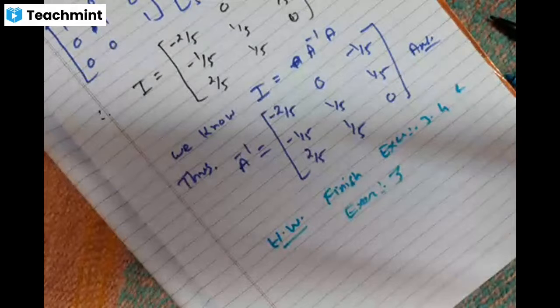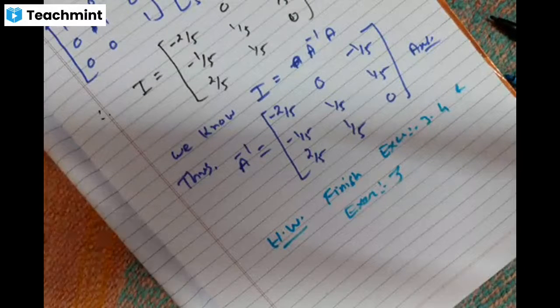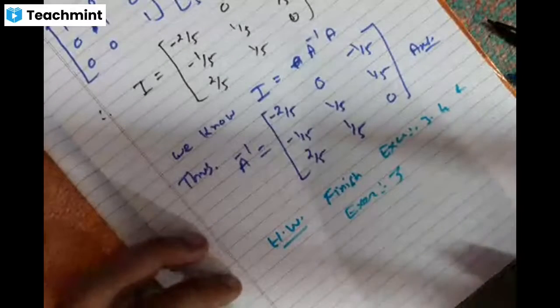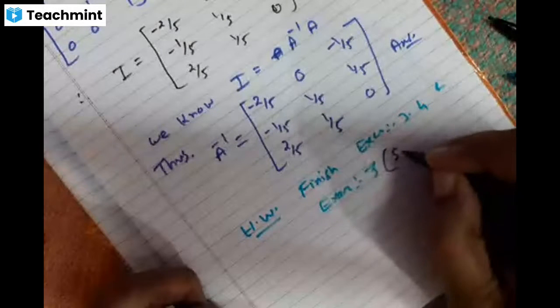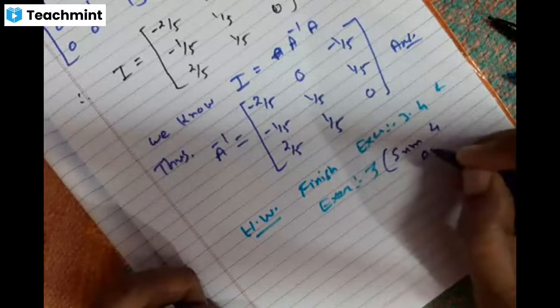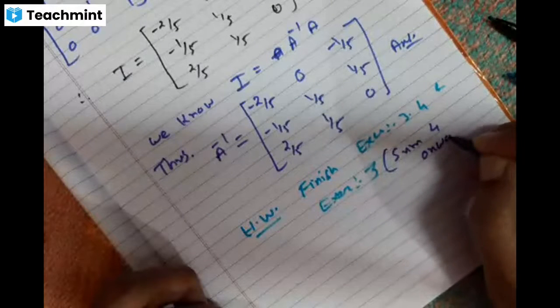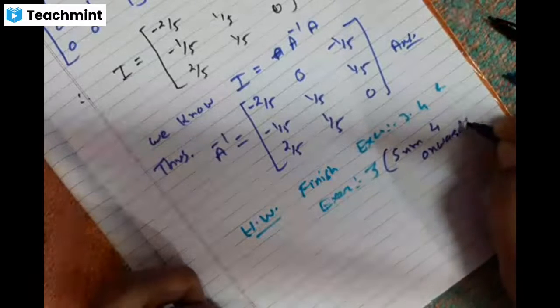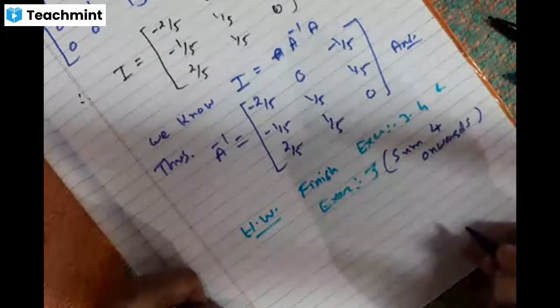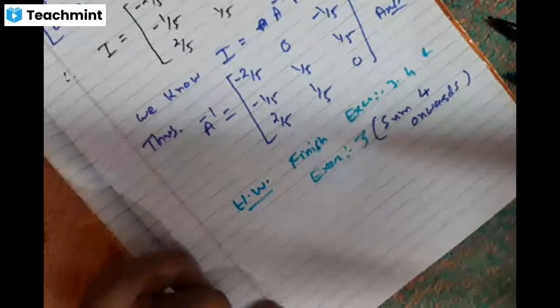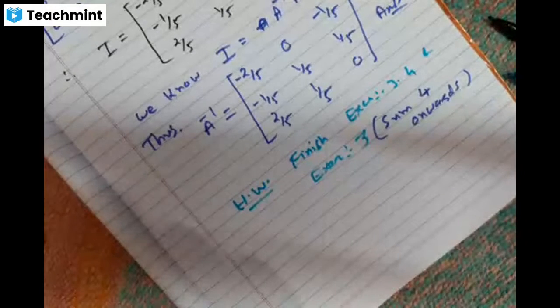Maybe in the reduced syllabus it may be cancelled also, but these first three sums are based on the principle of mathematical induction, a chapter we have not yet learned. So start from sum number 4 onwards, you just try. Don't try sums 1, 2, 3. The rest of the sums, I think you will be able to do. If there is any MCQ or if you have any doubts in the MCQ, please let me know, friends.